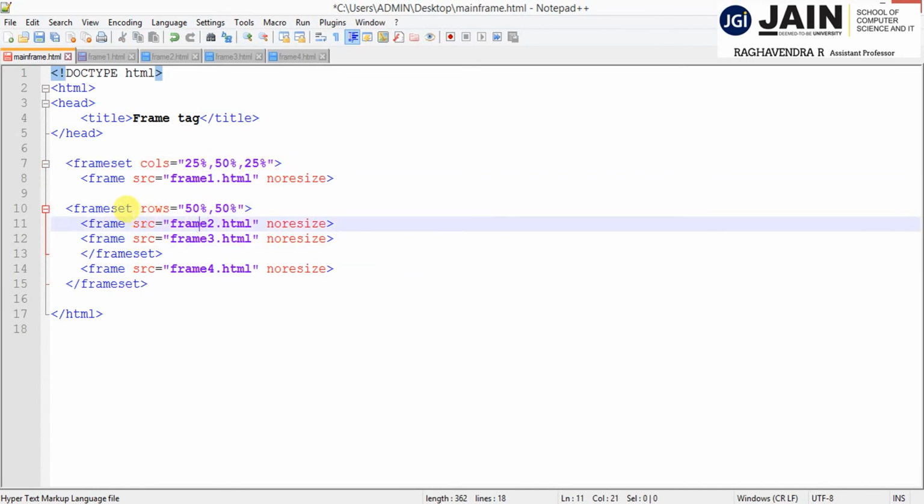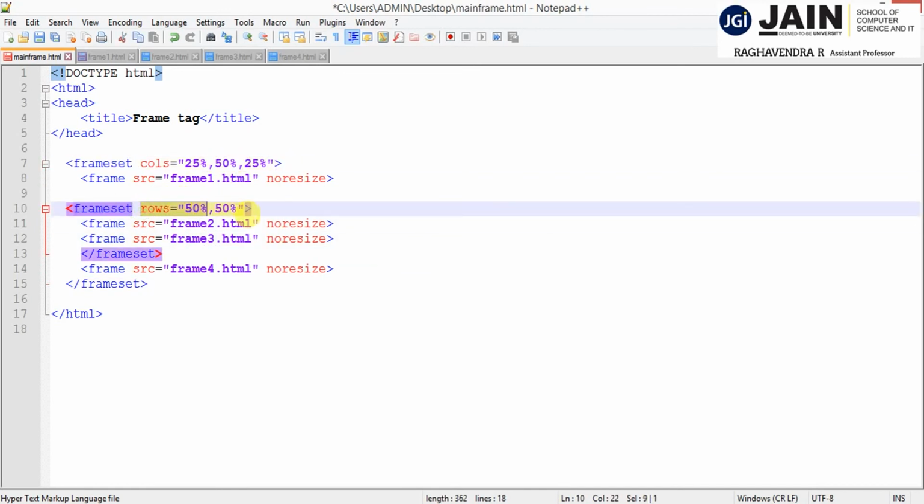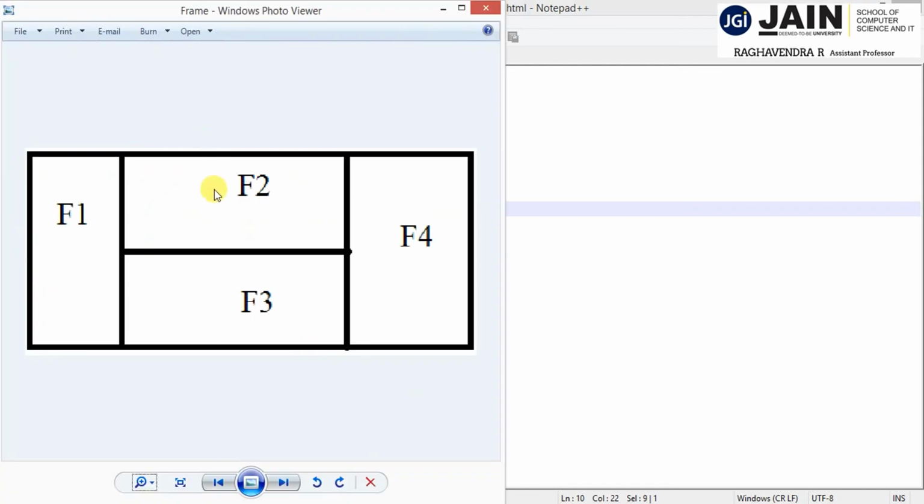In the 50%, I am creating the rows, 50% and 50%. So this is column 2. In that I am creating the 2 rows. F2 is 1 row, F3 is 1 row. So the column is 50%. In that 50%, frame 2 will take 50% of the row and frame 3 will take 50% of the row space. So now in column 2 I have 2 frame rows, that is F2